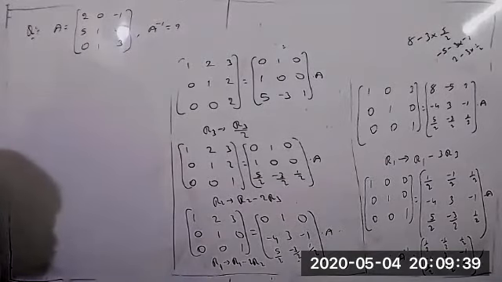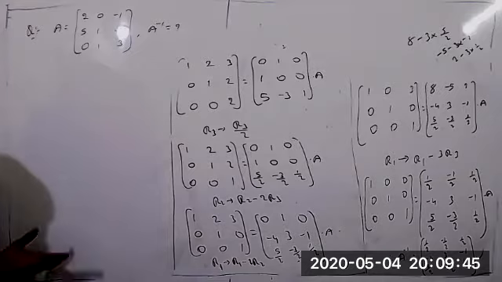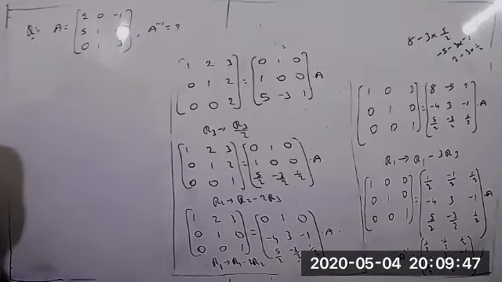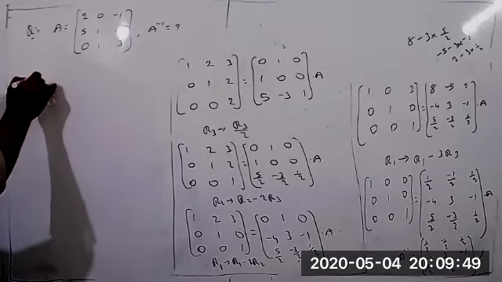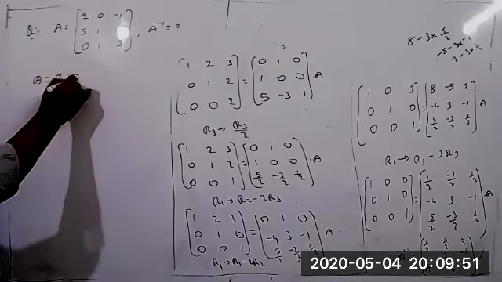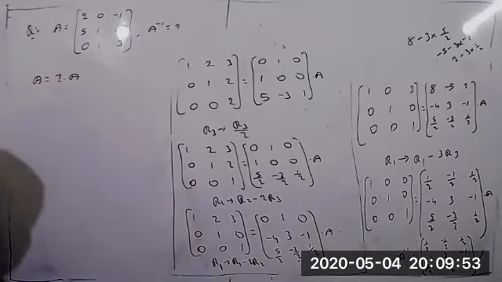Whoever understands clearly, just try it yourself once. But still, whoever is not getting it, look at the board and listen to me. First, what are the conditions? First, tell me. A equal to I A immediately. Tell me. R1 such that R1 divided by 2. If you understand, you can try it yourself. Do it now. Then whoever understands, just look at the board and listen to me.